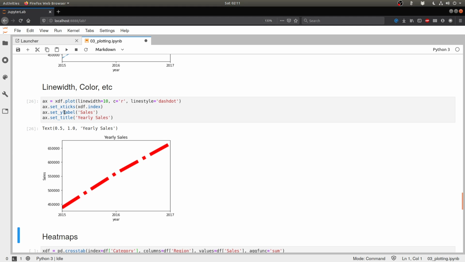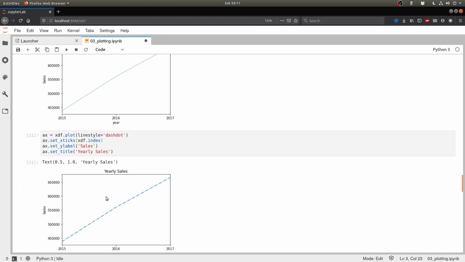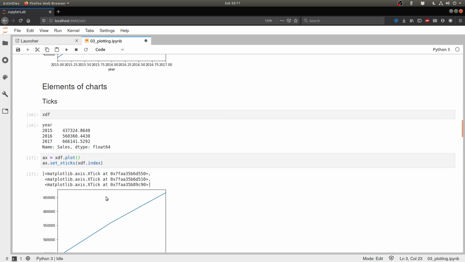So all of them more or less work independent of each other. For example, the line style has nothing to do with the color, and the color has nothing to do with the line width, and the line width has nothing to do with the line style. So they are all mutually independent. However, note that this particular combination of attributes will only work with line charts. They may not necessarily work with bar charts.